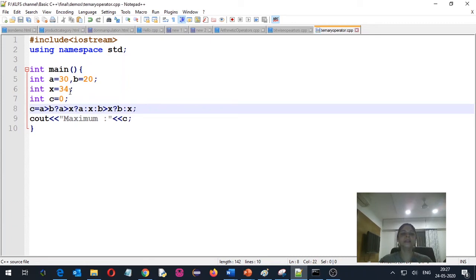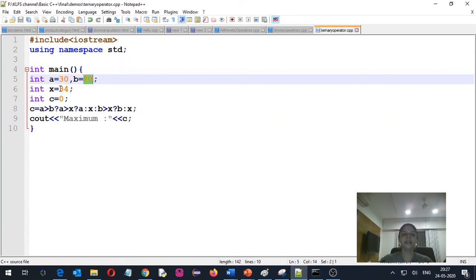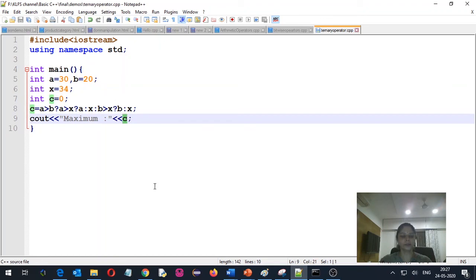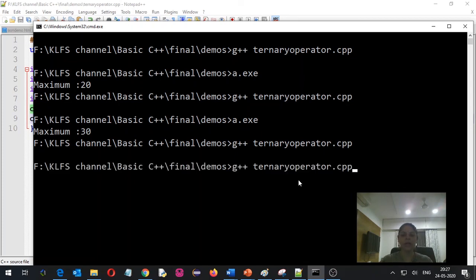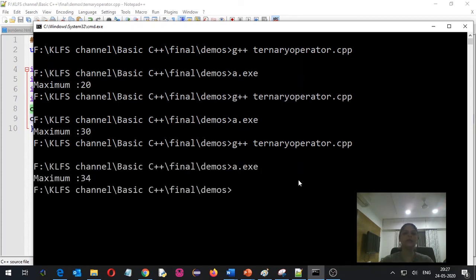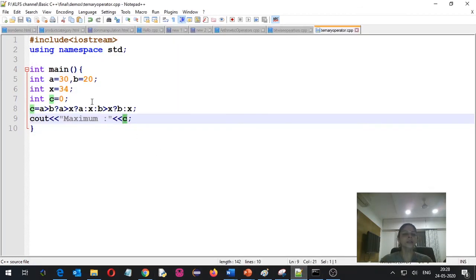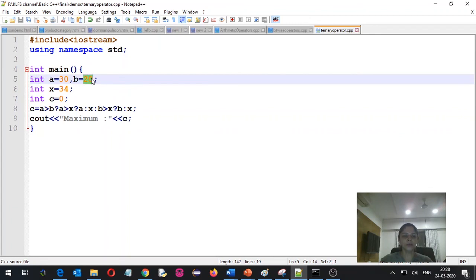I am saving this. Right now the value of A is 30, B is 20 and X is 34. So over here we should get the answer as 34. If you want to execute this code, then I will have to recompile it because we have done modifications. And now if I run this code, it will give me the answer as 34. Now suppose I am changing this value to 54.